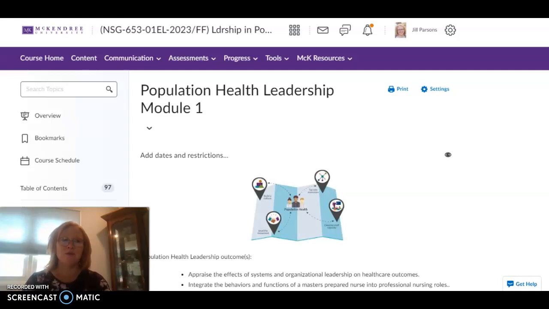Across the readings, we will explore becoming a leader and building those leadership skills and frameworks we looked at in the first module. So, really assimilating those practices as you move forward in your population health practice. We do have one assignment within this module, specifically the COMPASS assessment, and that includes doing an assessment on your organization. I would recommend that you take some time to review the resources that are in Brightspace.